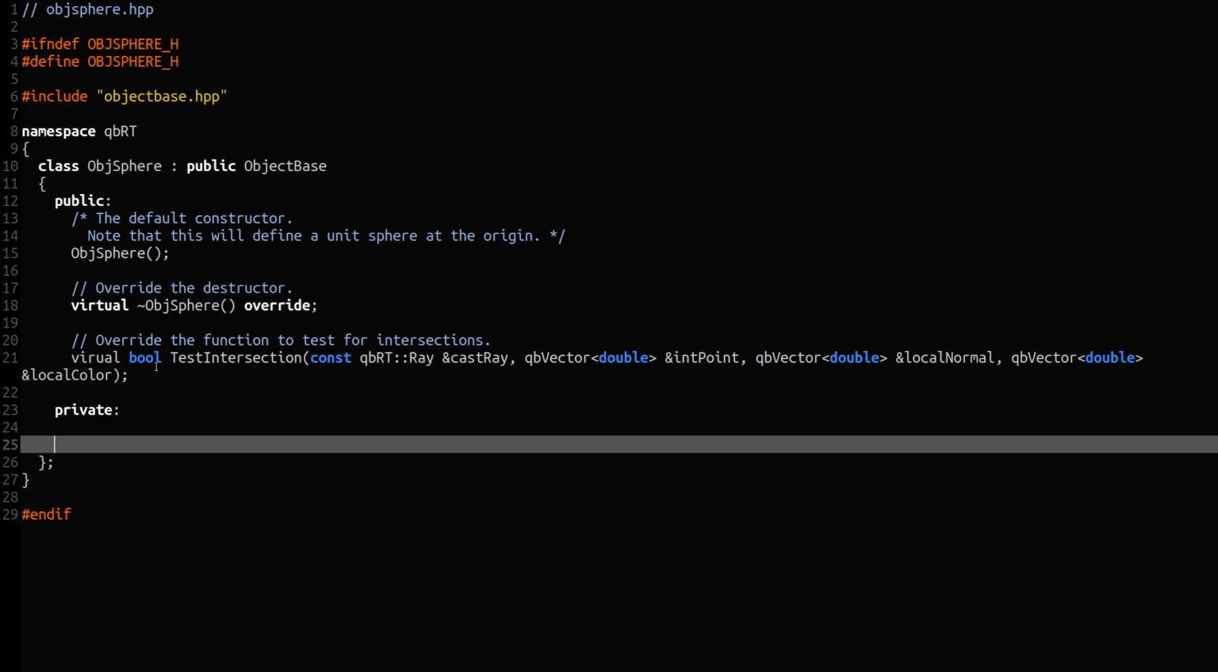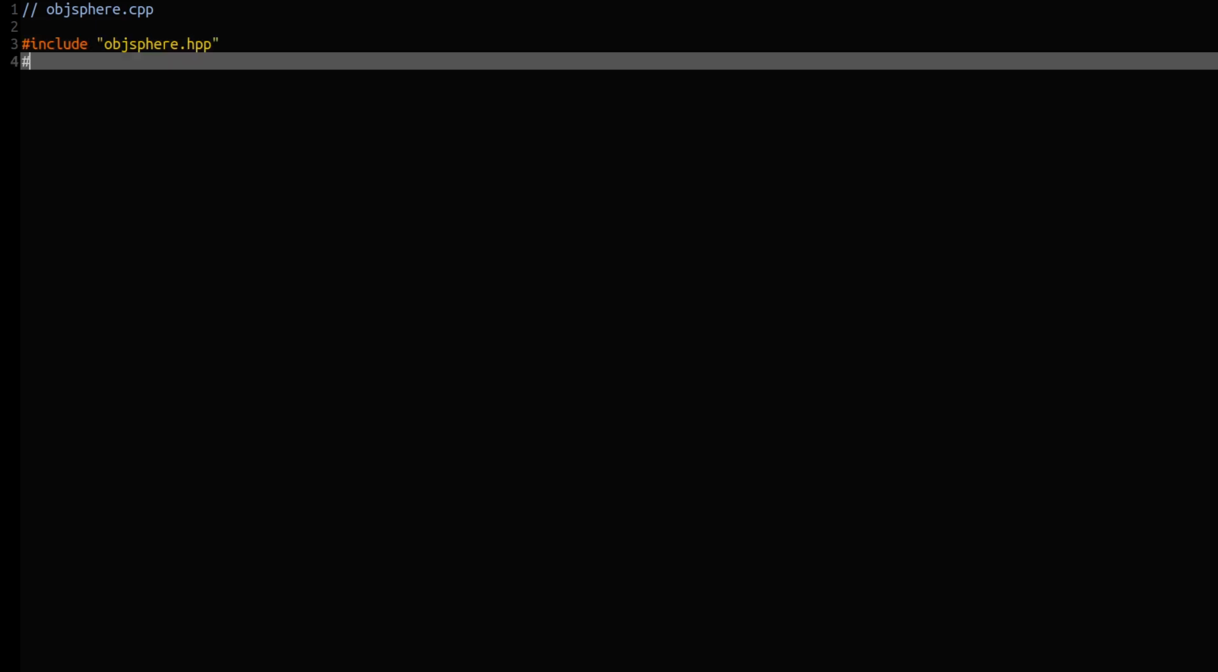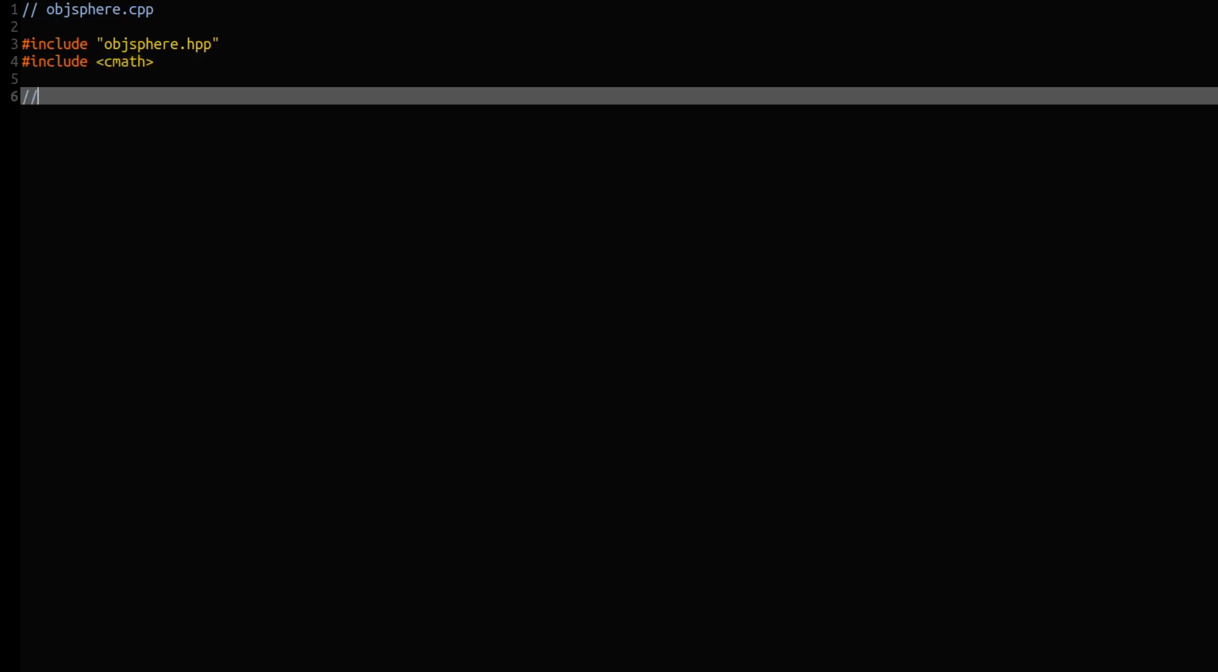So that is everything we need for objectsphere.hpp. Let's have a look at the equivalent objectsphere.cpp file. This is objectsphere.cpp. Of course, we need to #include objectsphere.hpp, like so. And I'm also going to #include cmath. And then we define our